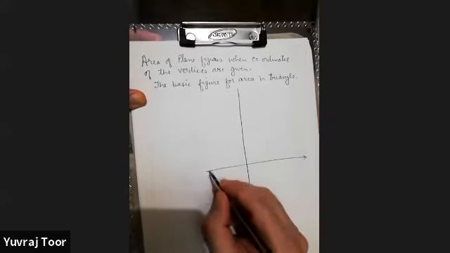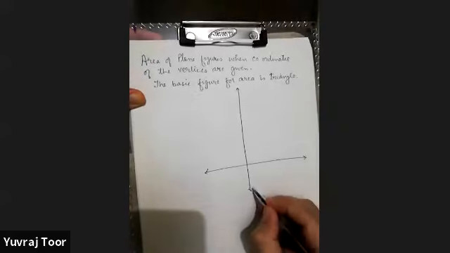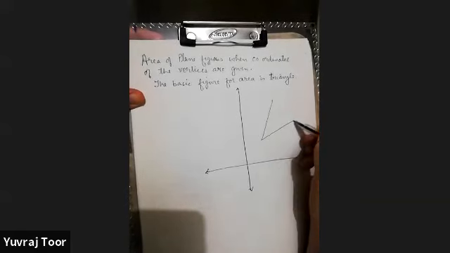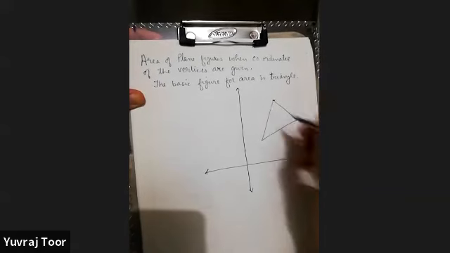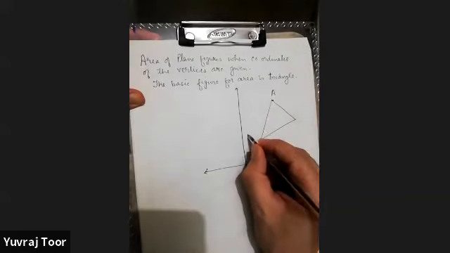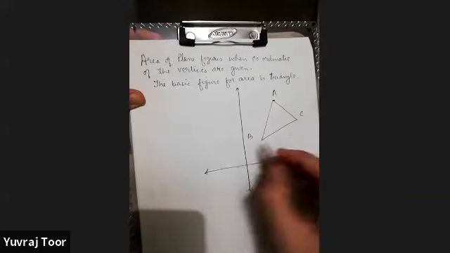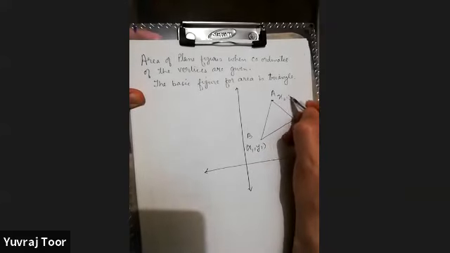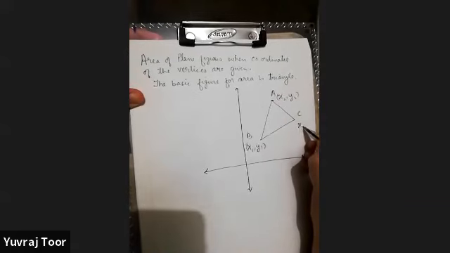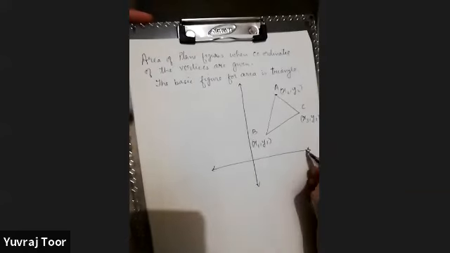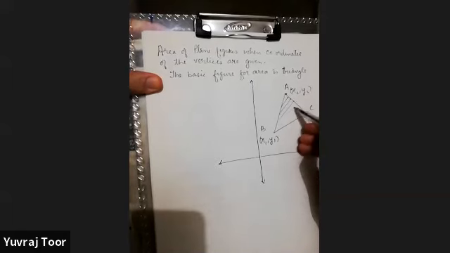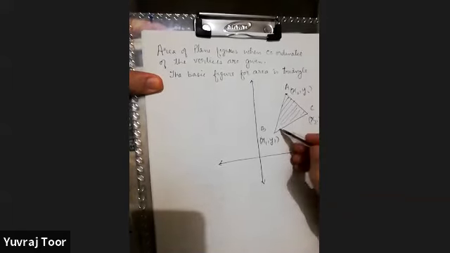Taking an example, when three vertices are given, the coordinates of three vertices are available. Let us say this is A, B, and C: x1, y1, x2, y2, x3, y3. Let's understand it practically first. What is the information with us? We want to calculate this area, right? So what we can do,